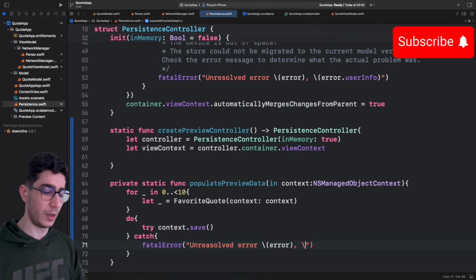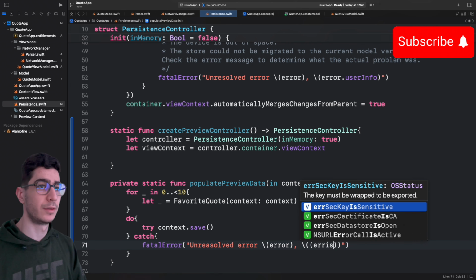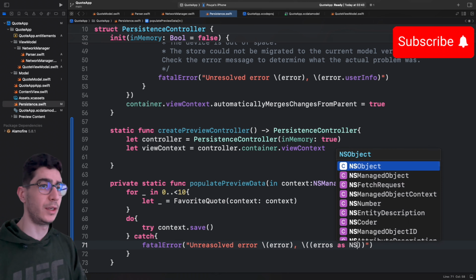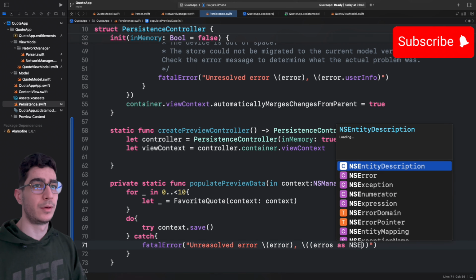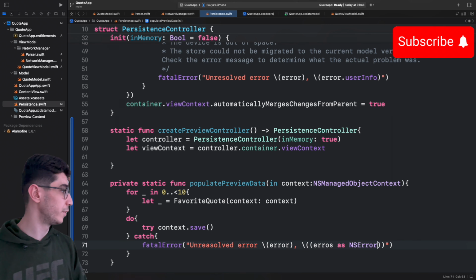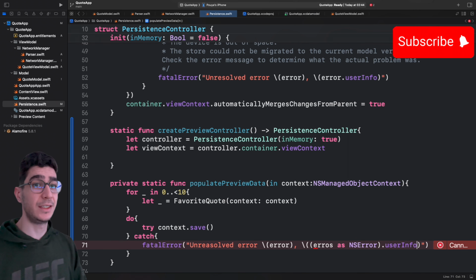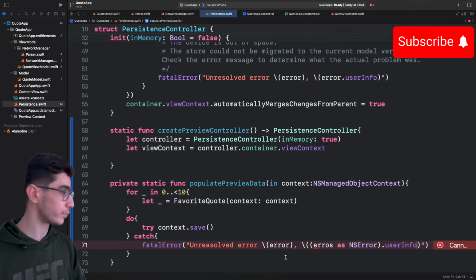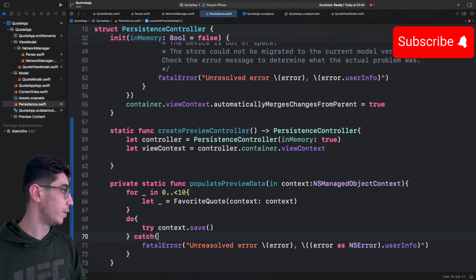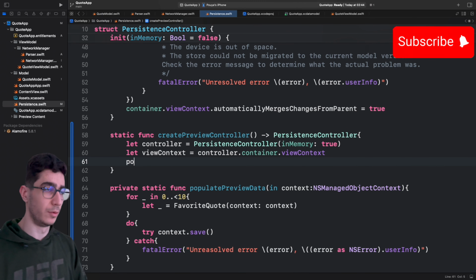And after that we have two things here, so error as NSError, error.userInfo. That's it. So error, yep, good. And here we have populate data, so populate preview data in view context, and we have